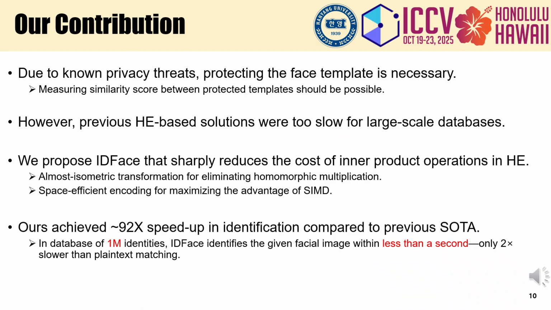To summarize, IDFace tackles the privacy risks in face recognition by enabling secure template matching under homomorphic encryption. Thanks to our two core techniques, the almost isometric transformation and space-efficient encoding, we cut the computation cost dramatically. Compared to previous HE-based methods, IDFace is up to 92 times faster, and its runtime is just twice that of a plain system. This shows that encrypted, privacy-preserving, large-scale face identification is finally as practical as it is